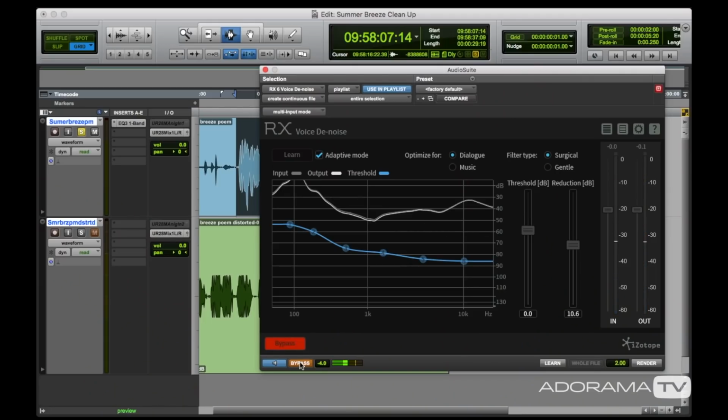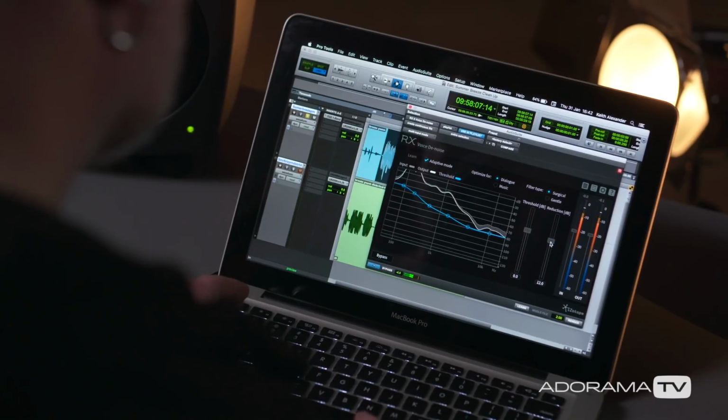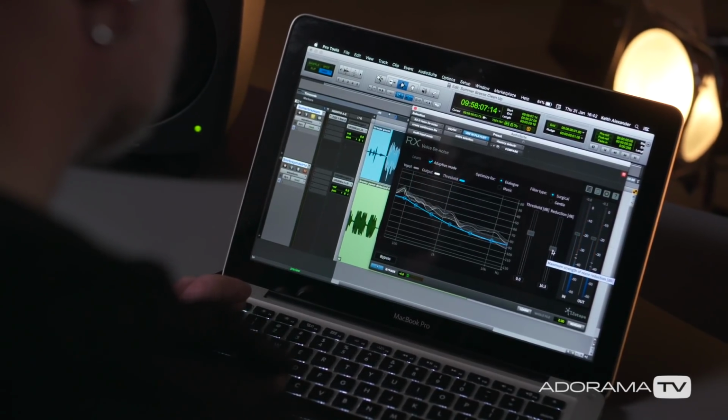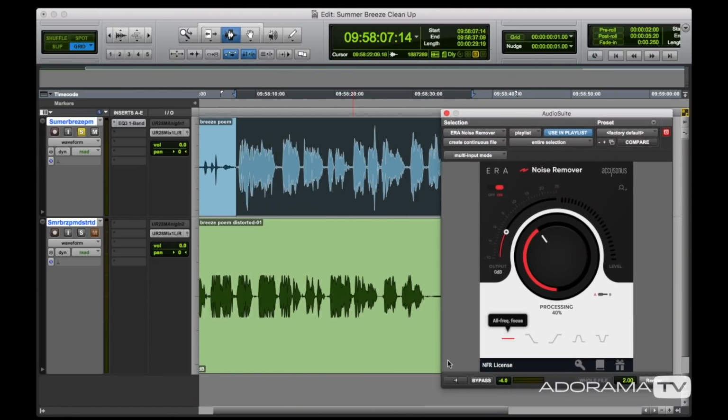Voice denoise in RX is exceptionally good at cleaning up noise in your tracks, but as always be very careful how you use these plugins, that you don't destroy your audio. Acusonus denoise is also very good, and it's more than acceptable for an awful lot of videographers needing to clean up their audio tracks. Take back the reduction and bring it in slowly so you can hear the noise reducing during preview. When you're happy with the results, you can bypass the effect to hear the reduction, allowing you to judge have you gone too far or not.